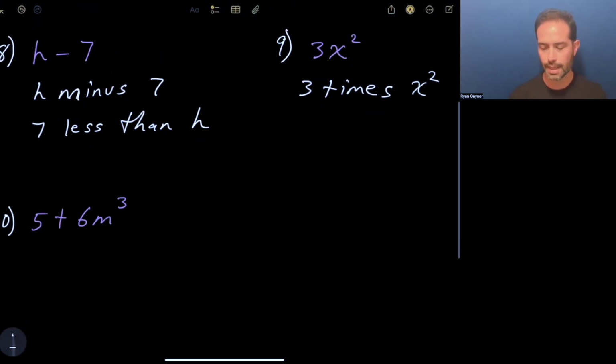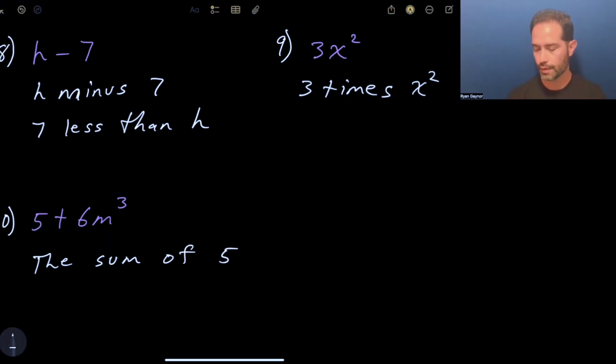All right, so this is number 10. So this one says 5 plus 6m cubed. So 5 plus 6m cubed. Okay, so what word do we use for plus, right? When we're adding, we say it like this. See, we all make mistakes. It's okay. The sum of 5 and